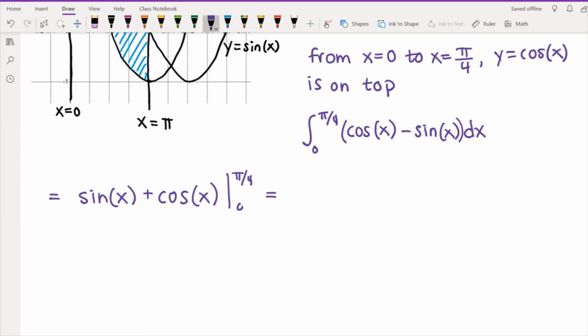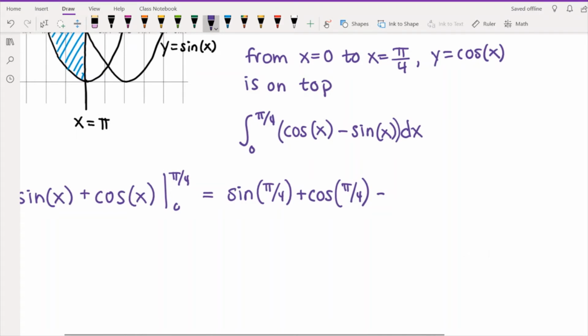So sine of pi over 4, actually I'll just write it all out. So we have sine of pi over 4 plus cosine of pi over 4 minus, sorry, sometimes my touch screen just does not want to move. There we go. Minus sine of 0